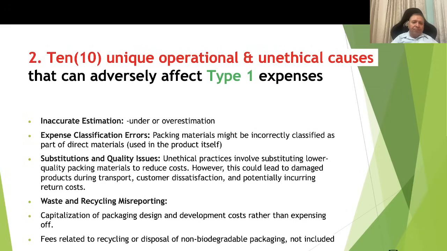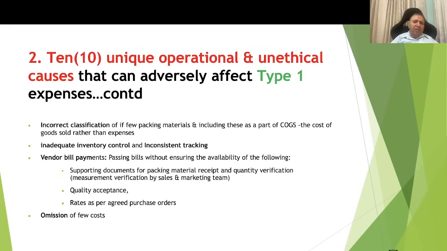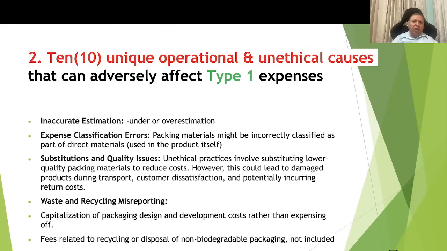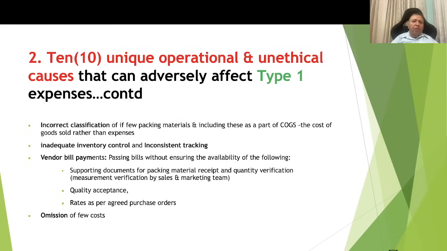Some incorrect classification of a few packing materials and including these as part of the cost of goods sold, inadequate inventory control and inconsistent tracking, and vendor bills payments: passing the bills of the packing material suppliers without ensuring availability of supporting documents like material receipt, quantity verification, quality acceptance, and rates as per the agreed purchase orders, and omission of the fee cost. All these 10 unique causes can result in inaccurate reporting of these expenses in